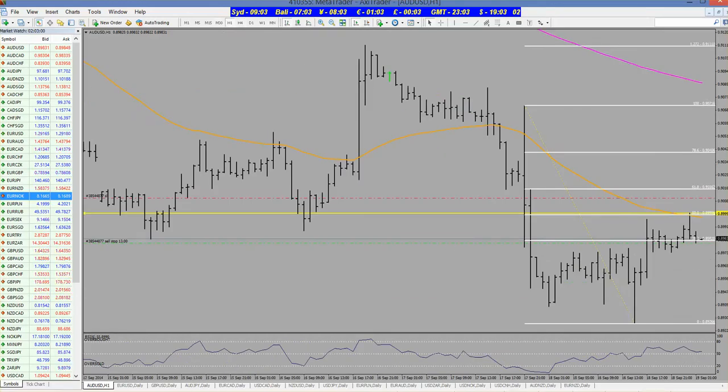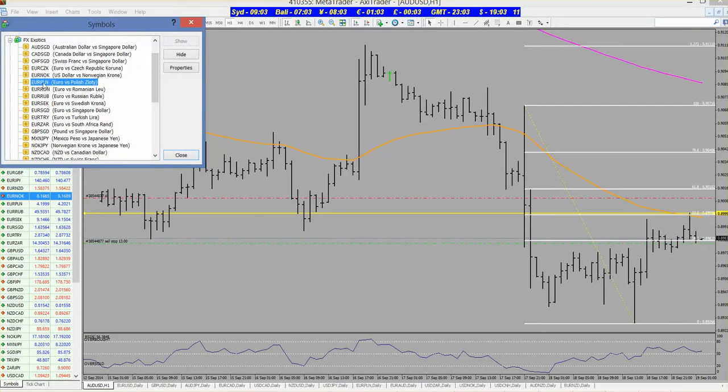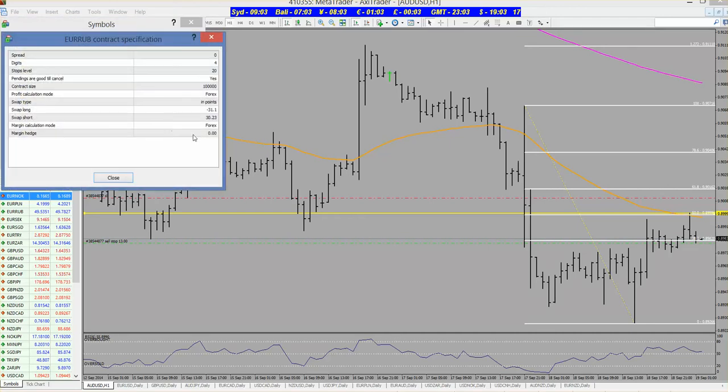Does that make sense? So if you're unsure of what the rate is, or if you should get in a trade, you just right click on your market watch list, go into the symbols and see how much am I actually going to be paying if I think I'm going to be having this trade on for a while. You can see that the swap here is 3 pips spread for the euro versus the ruble,